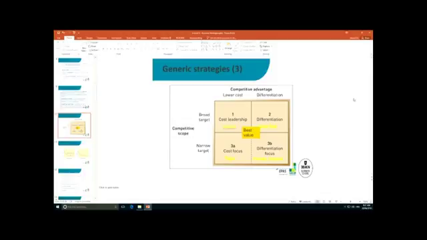As you can see where it's positioned, it's sort of not broadly differentiated, but it's not narrow. So it can service a lot of people. It's not really broadly differentiated, but it's not just about being cheap and nasty. It's about somewhere in the middle. For example, if you go and buy a car, most people don't say, I'm going to have the cheapest car, I'm going to have the car with the best features.